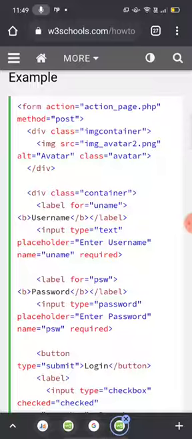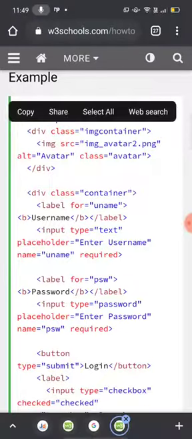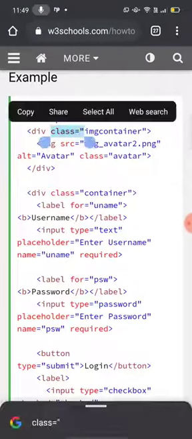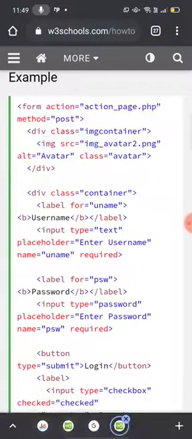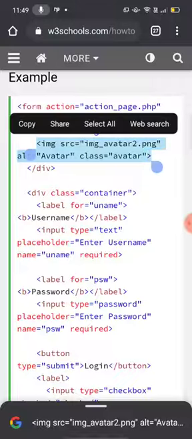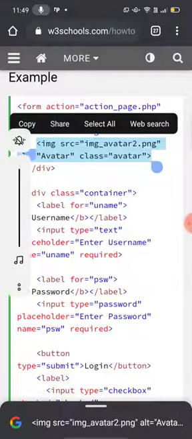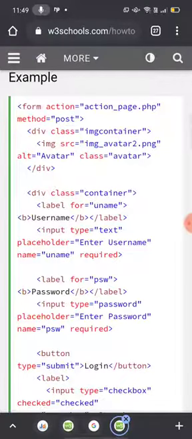Now inside your form, you are taking a div tag over here. A class is given. A class is used as a CSS format. Okay, img container. Let us see what is img container. In the further part we will decide it. Now next is your image, insertion of an image over here. img space src. Okay, image source. img space src will be inserting your image. img is a tag and src is your attribute.